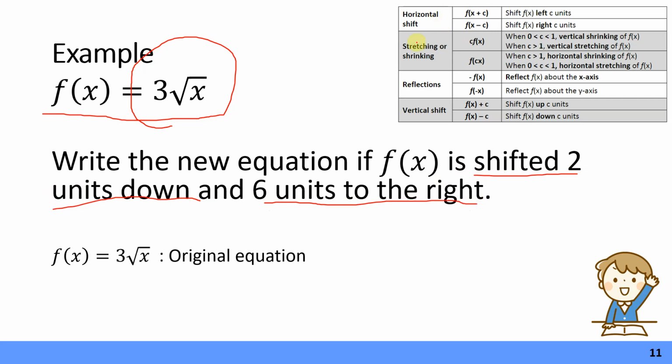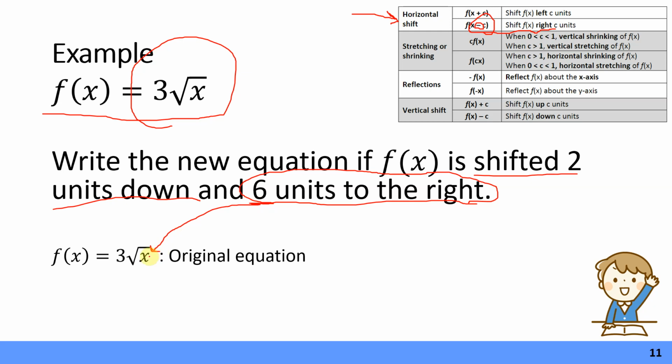So let's see, let's start with the table and see which one we deal with first. So let's see, do we have a horizontal shift? Again, horizontal means left to right. So yes, we do. We have 6 units to the right. So let me look at the table. In order to display that on my equation, to the right means I'm going to put the number inside the parentheses, and it's going to be negative. So since it's 6 units to the right, that 6 is going to go inside the parentheses,